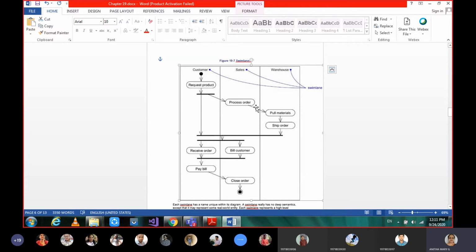And after he processes, the flow control will be transferred to the warehouse in order to check the status of whether the product ordered is available or not. If it is available, they pull the material and that flow will be given to the ship order state. Okay, and the ship order and the request, even these two flow controls have to be synchronized.